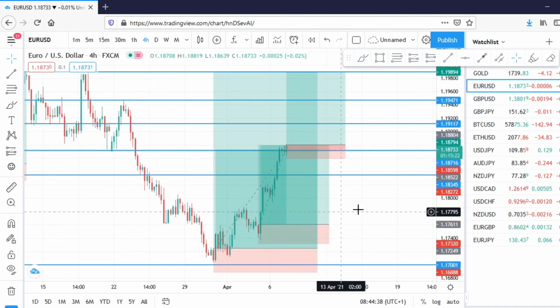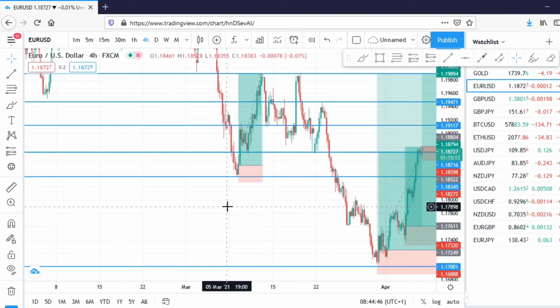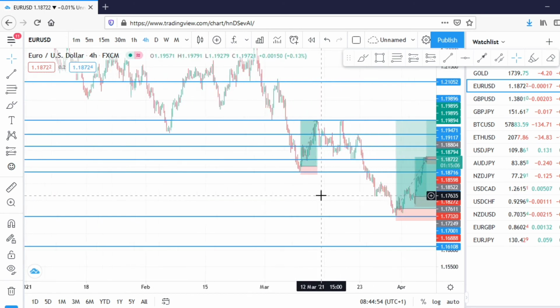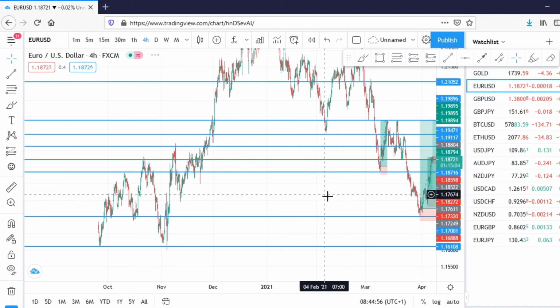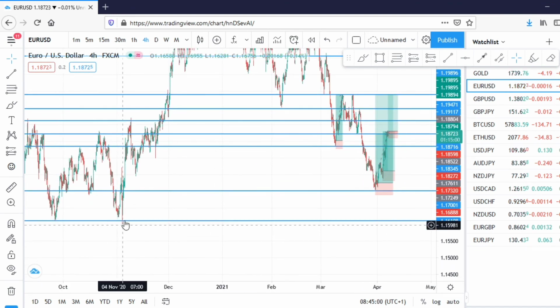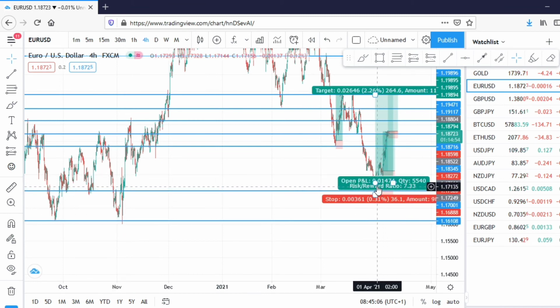So these are multiple trades that I took. I just entered multiple positions on this trade. Let me start from here. Okay, so these are strong support levels. I actually thought price was going to get to this level before bouncing up, but price started bouncing at this level,